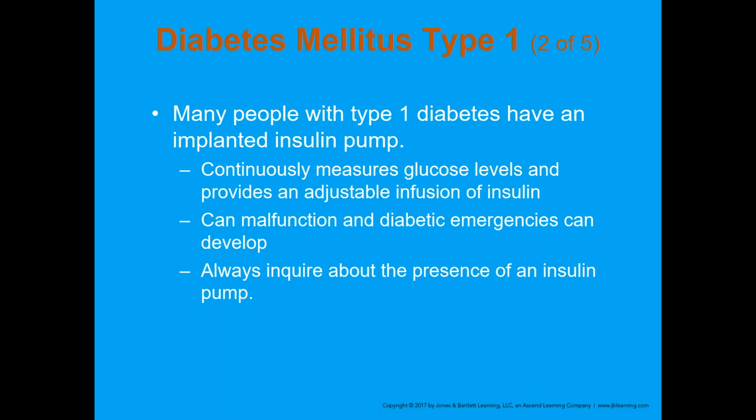Part of our focused exam for a patient who is unresponsive with a low blood sugar should be to look around and see if we see anything that is implanted in this patient that makes us think possibly it is an insulin pump. Because if my patient is unresponsive on the floor and I find an insulin pump,